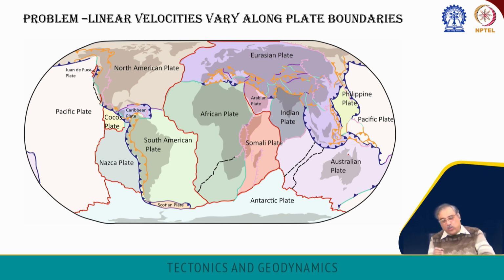Now, if you have different Euler poles of rotation at different points on the earth, for example, India is actually moving in this manner with respect to the Eurasian plate. So if I consider the Eurasian plate to be fixed, India is actually rotating in this manner. Now the Euler pole of rotation for the Indian plate with respect to the Eurasian plate